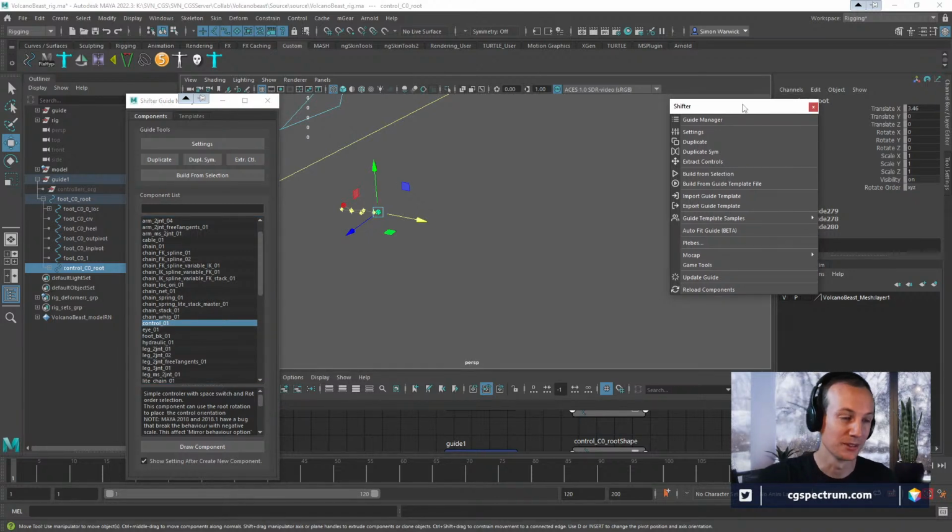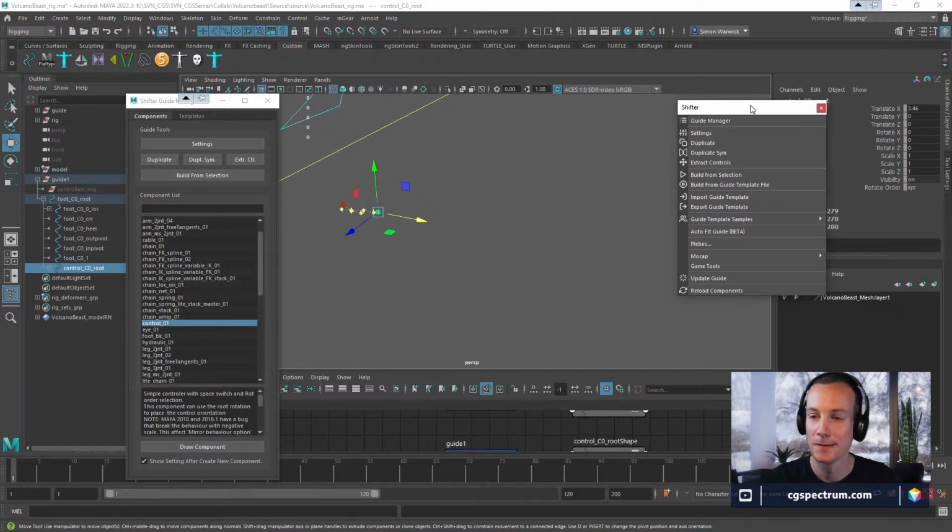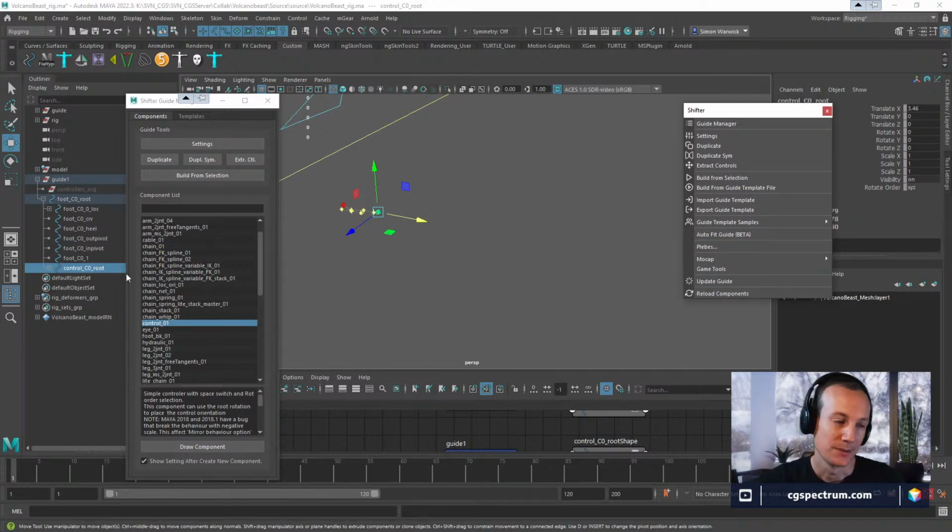Even with Motion Builder, they've been talking about getting rid of it for years. Meanwhile, the industry is using Motion Builder because that's the tool they need to get the motion capture onto their character. But Autodesk is like, I don't really care. That software is just a pain in the butt to maintain. In fact, it hasn't really changed for the last decade. They just keep releasing the same version over and over again. Anyways, so there you go.